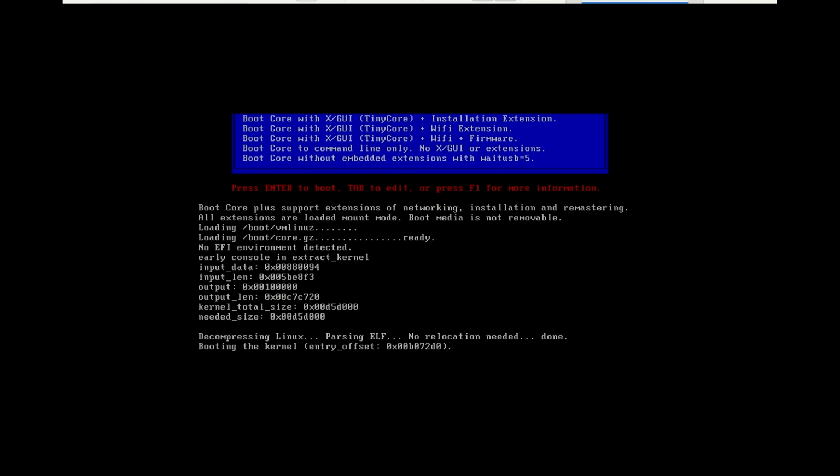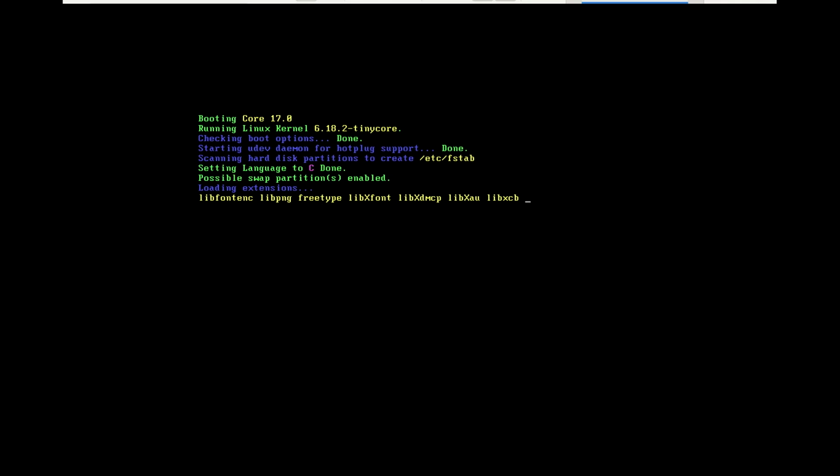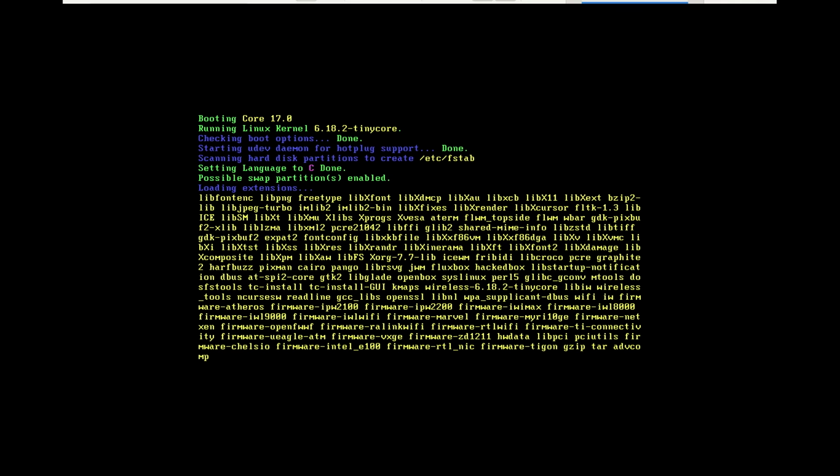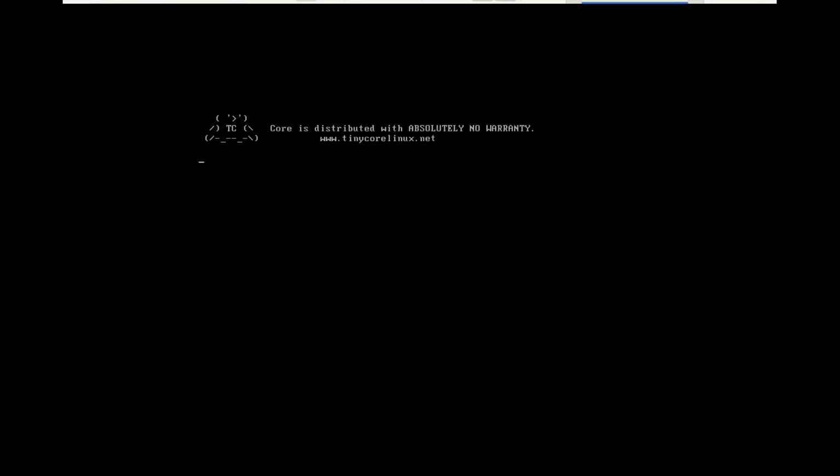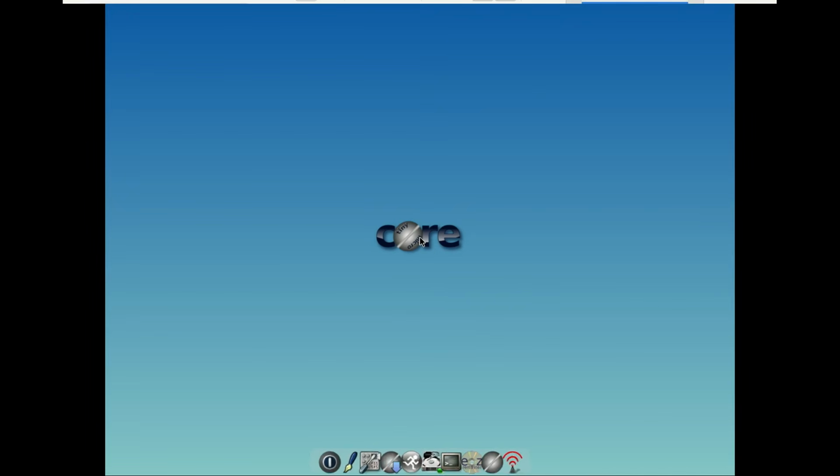Core Plus, on the other hand, is aimed at users who want a smoother, out of the box experience. It comes with the installation tools already included, supports more wireless hardware, includes extra firmware, multiple keyboard layouts, and gives you several window managers to choose from without downloading anything first. The trade-off is size. While TinyCore is only around 23 megabytes, Core Plus is considerably larger because it bundles all